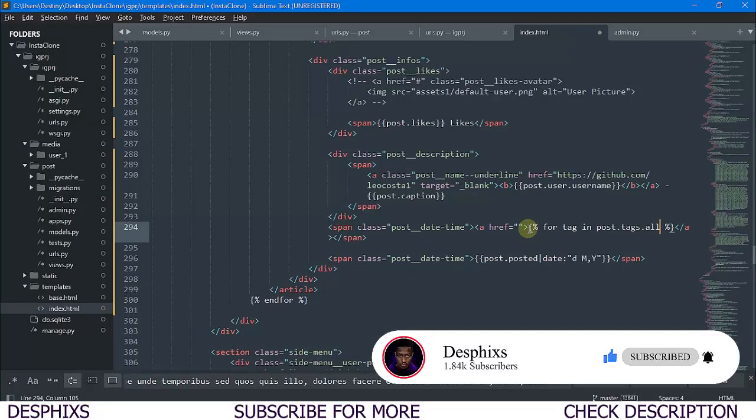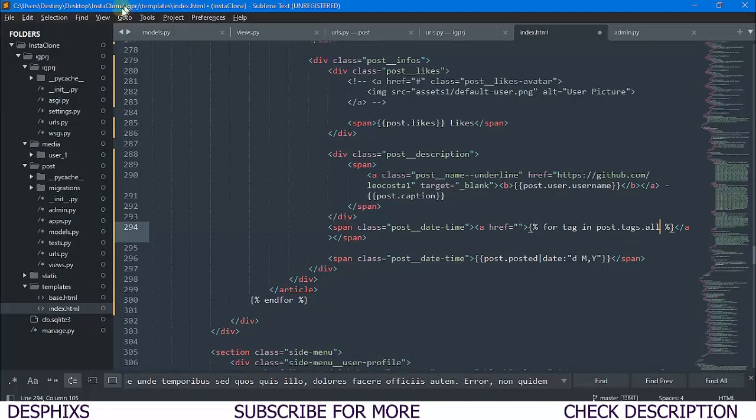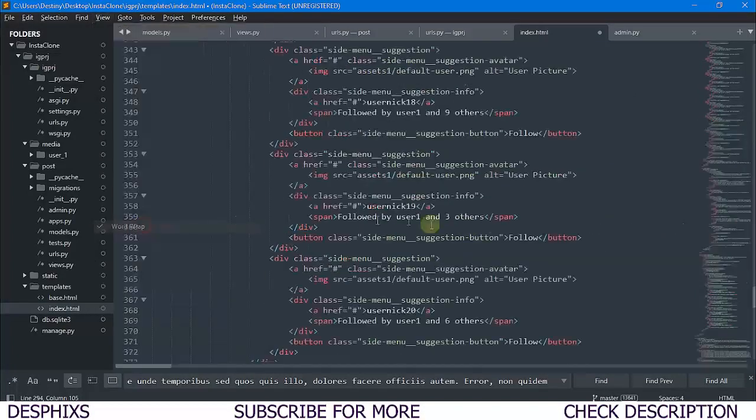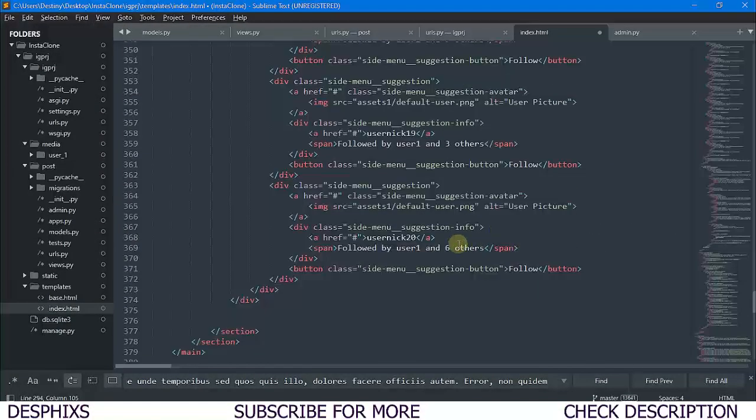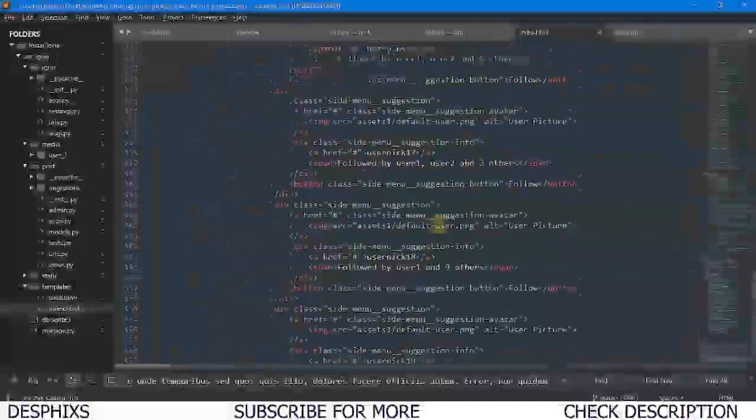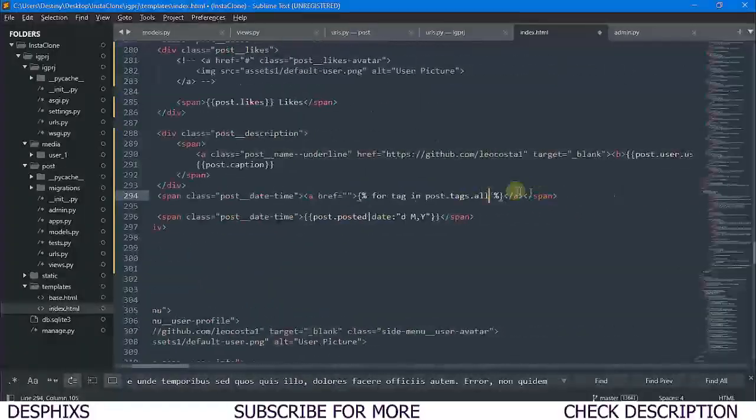If it's not a many-to-many field, then we would have just called it the way we are calling post.user and all that. We should have just called it like this, post.posted. So we said for tag in post.tags.all, then that's a for loop.